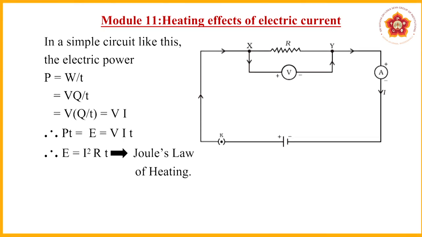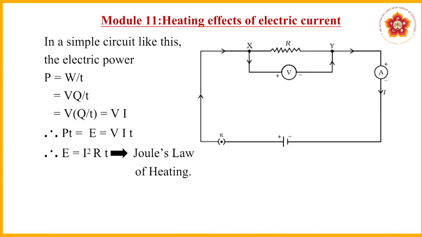Now, we know how to define power. Power is nothing but the rate at which work is done. So, electrical power is the rate at which electrical work is being done, or the rate at which electrical energy is dispensed. So, energy per unit time, or work done per unit time, W by T. From the definition of voltage, we know that voltage is defined as W by Q, or W will be Q into V. Q is the total charge, V is the voltage. So, I can substitute for W as Q into V divided by T. This Q by T is nothing but our current. Current is defined as the rate of flow of charge.